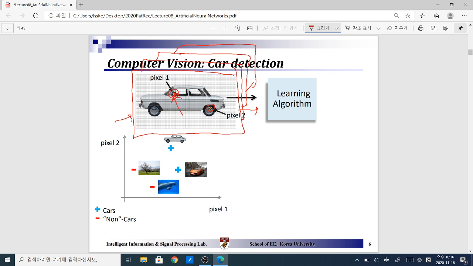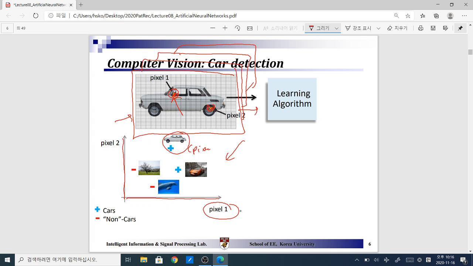That is pixel 1 being at this very specific location, as well as pixel 2 being at this very location. And so when we plot all of these samples with the specific pixel 1 value and pixel 2 value, where pixel 1 value is on this horizontal axis and pixel 2 value is on this vertical axis, then with the corresponding